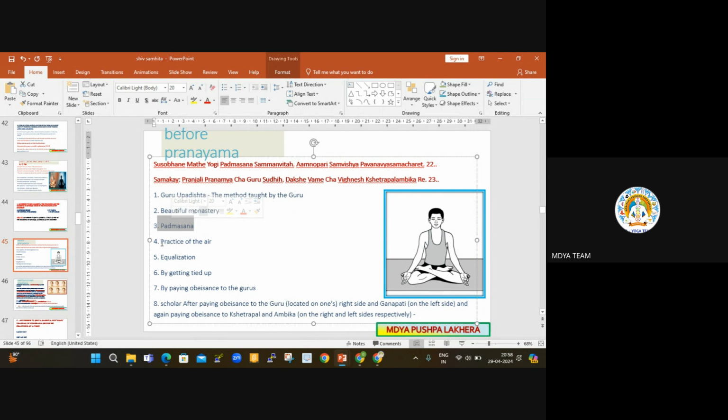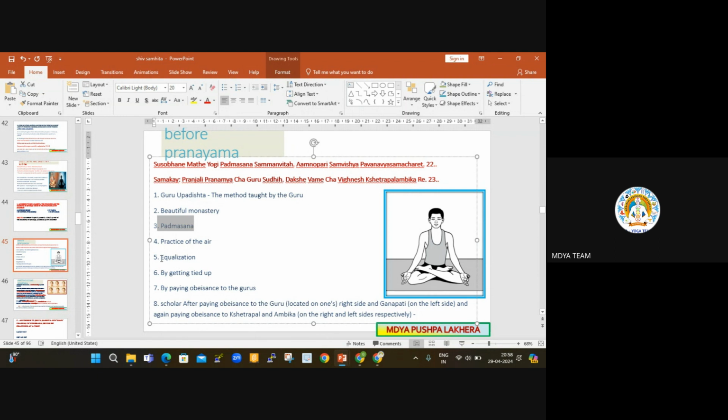That is prescribed here: you have to adopt the Padmasana posture and sit on a seat made of kusa grass. It is mentioned, but here it is not there, so all of you write it out. Adopt the Padmasana posture, sitting on a seat made of kusa grass. Then start regulating the practice of air. By sitting in this posture, start your practice of the regulation of the breath, how you will take the breath and so on, in the beginning, the wise man.